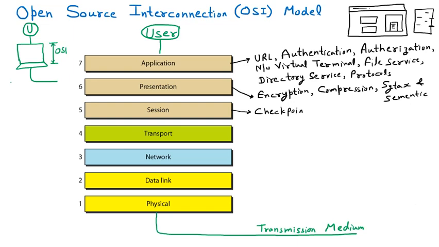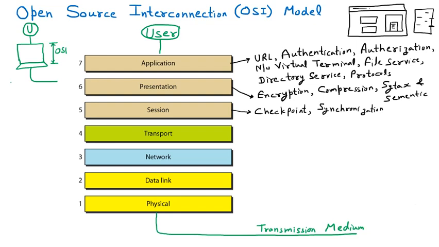Now those checkpoints are created by the session layer, and also syncing. You know that we are chatting and you are also having the same thing. Let us suppose if I start typing, you will get the information that I started typing. So what is that? Because it is synchronized. So that synchronization is done by the session layer. Well, the session layer also provides the session. Session means you know how much time you can use that data.